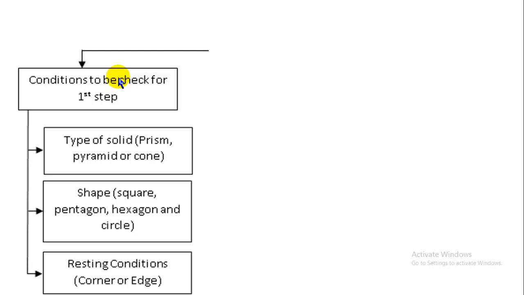And second, the shape. We can easily identify square, pentagon, hexagon, and circle, which means the cone, whatever shape they give. Many students understand this easily, so only 1 or 2% fail to understand what shape they have given. I have seen cases where instead of a square they took a pentagon, or instead of a pentagon they took a hexagon. So make sure what shape they have given.